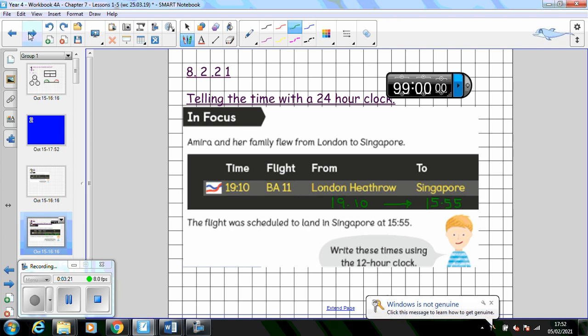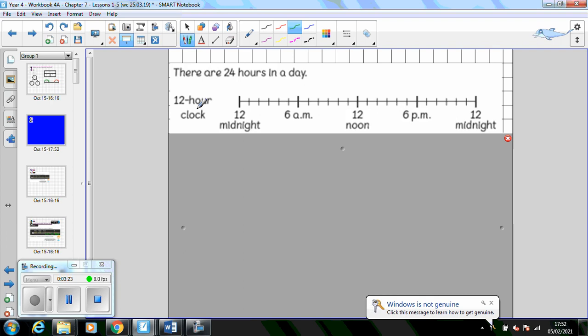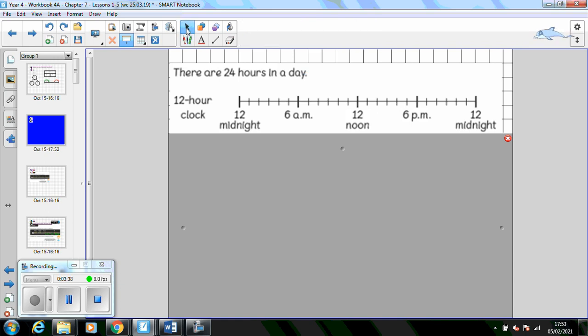We're going to have a little look at a timeline. We start by knowing that there are 24 hours in a day. So our day is split up into hours, and there are 24 of them in one day. Often we use the 12-hour clock, and that's just the way we talk about the time. There are always 24 hours in a day, but when we talk about the time, we could have a 6